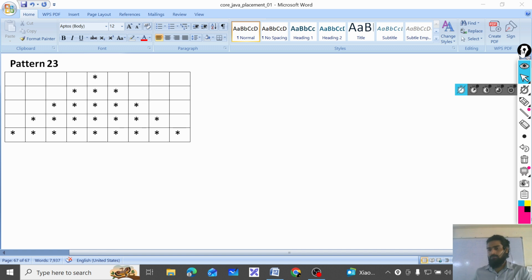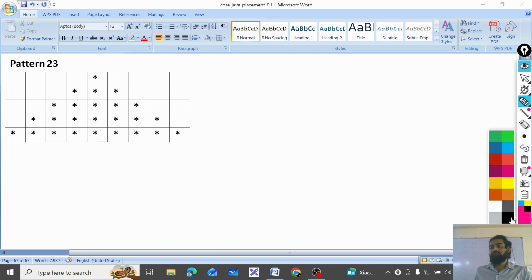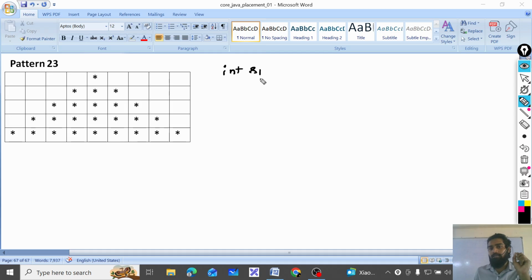Perfect. So I will declare two variables. Listen. One variable is called int space. This space variable is used to print the spaces.